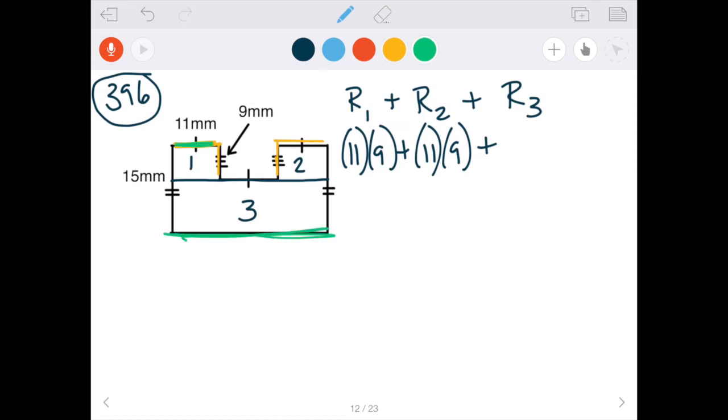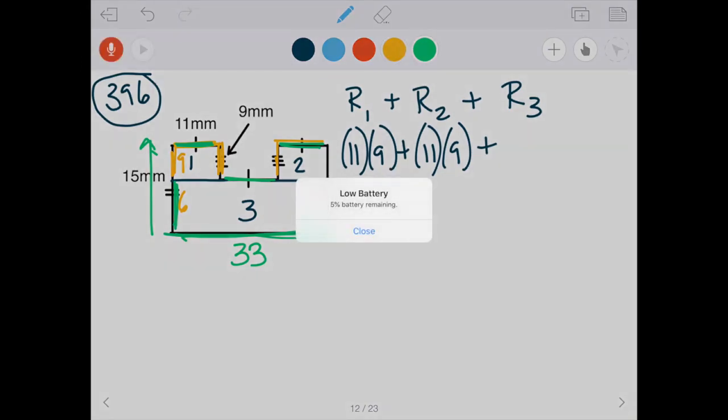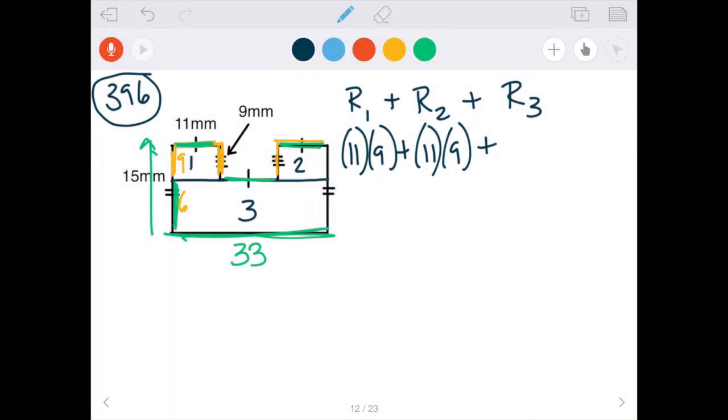I need this distance all the way across. Well, if I take 11 plus another 11 plus another 11, that makes 33. And then I need to know this distance. Again, it's not 15 because 15 goes all the way. I do know if this is 9, that this part right here is 9. So remember, we just said that that had to be 6, right? So 6 and 33 would be